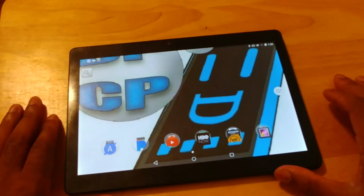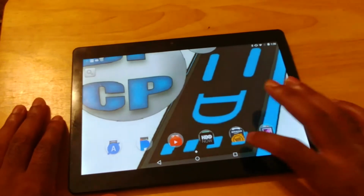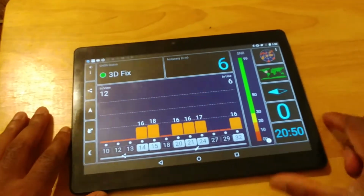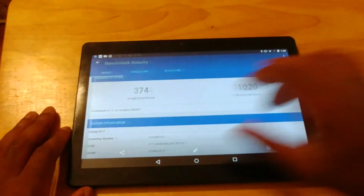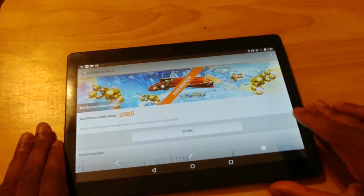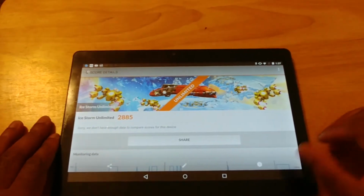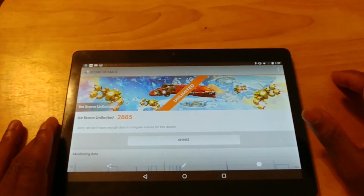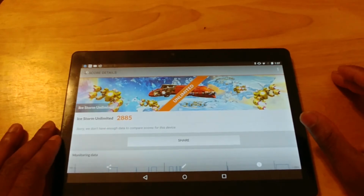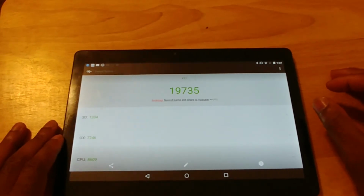Next, now I just want to talk about the benchmarks with you guys, and we're going to keep it moving. So, in terms of benchmarks, guys, this one is probably going to turn some heads for the wrong reasons. Because the benchmark numbers on this guy are extremely low. Alright? Extremely low. So you can see we got our 3DMark Ice Storm Unlimited test here, and it scored a 2,885. Let's see, and 2.2 benchmark, it scored a